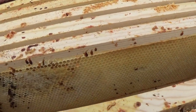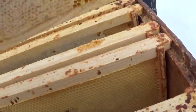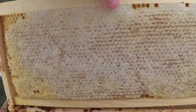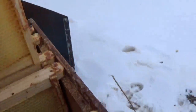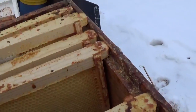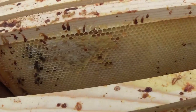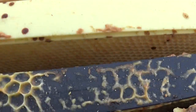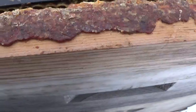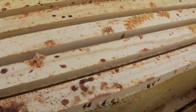So we're not going to go through the honey super too much. It's your typical honey super, of course, packed with honey. That's all goldenrod, by the way. Beautiful stuff. This hive did a real good job. And this wasn't stuff I put on. These were all foundation. Well, except for I think actually these two and this one. No, not that one. Oh, this black one. And these two, you see the lighter color on them,